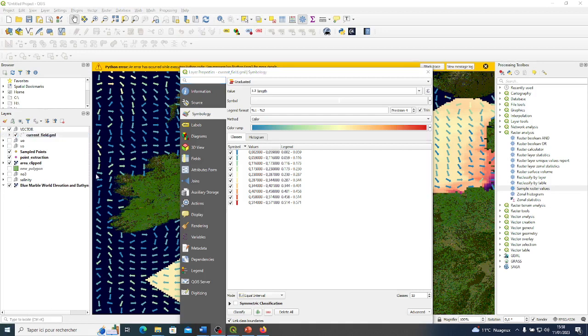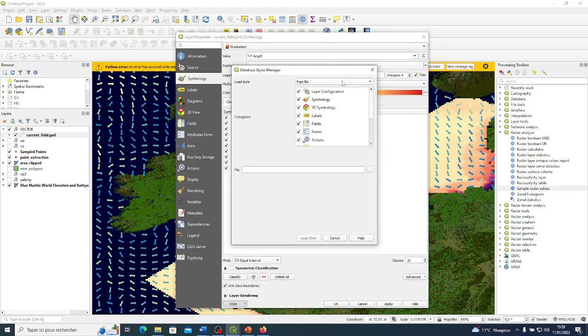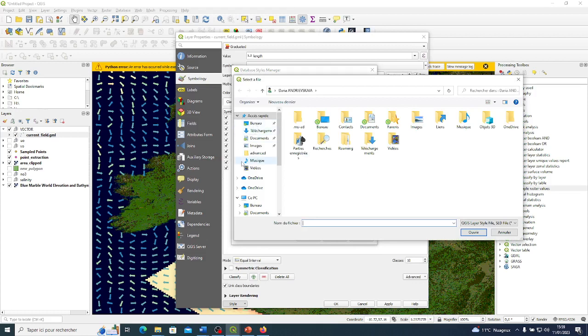And so now we need to choose a style, as I said. So it's actually this little drop down menu, very down here. So we click on it and we put load style. A new window appears, we choose from file, and now we go to a file. And here you need to choose a directory in which you have a specific file, which is called current scale, and